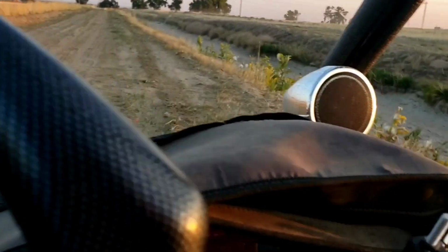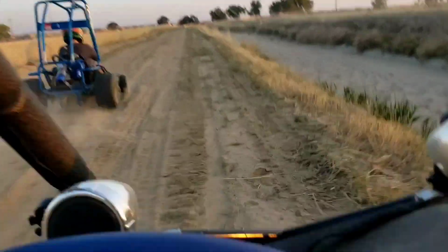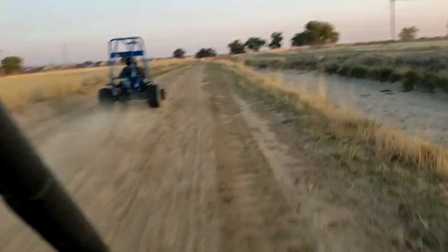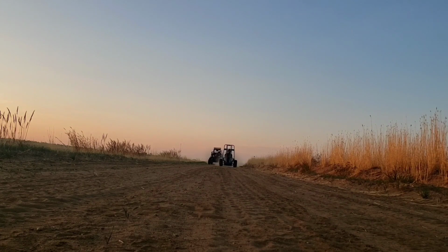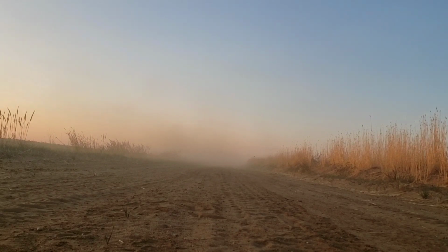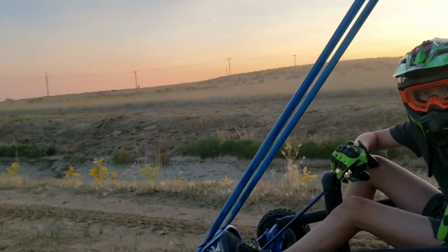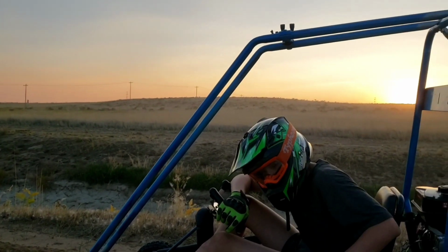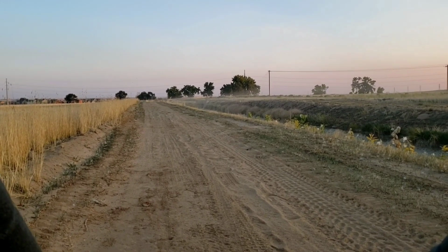All right. 3, 2, 1. It's full of sand down there, so I'm taking the left lane. Left lane. Are you ready? All right. Call it. 3, 2, 1,